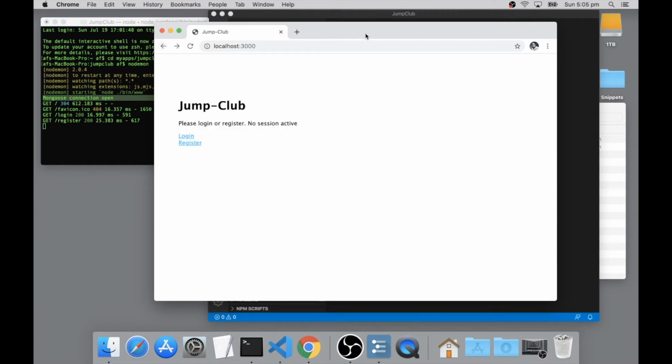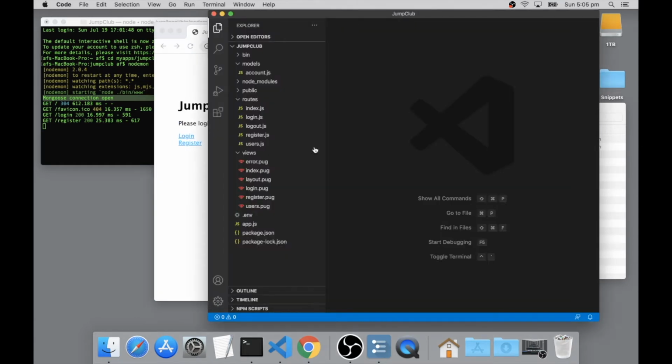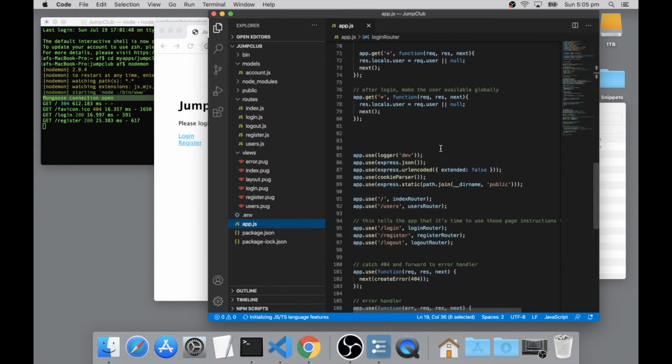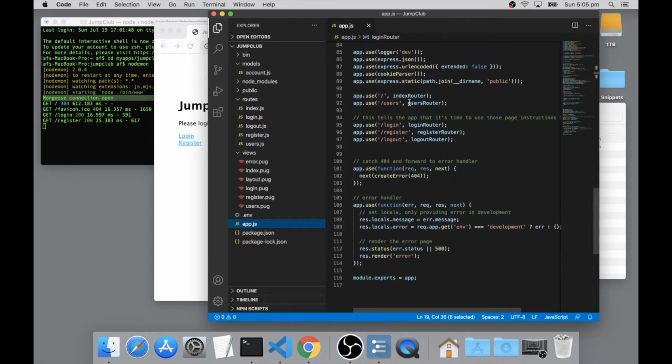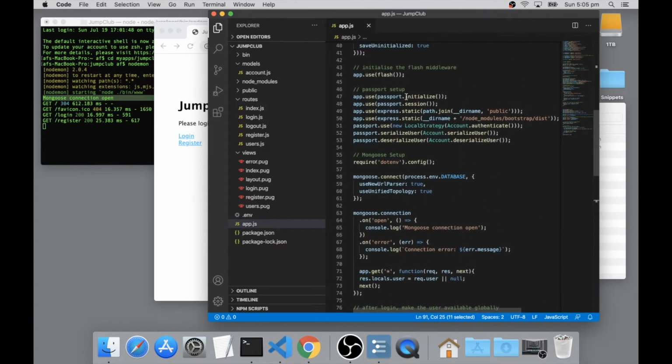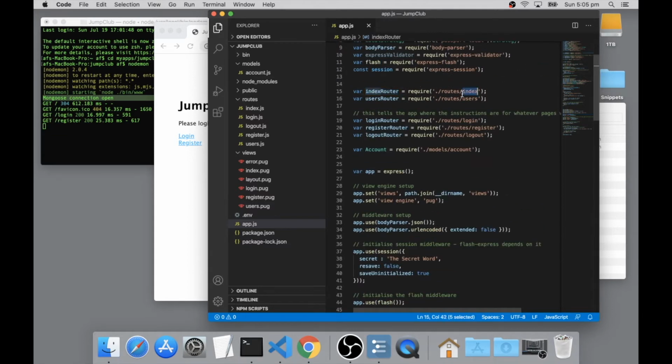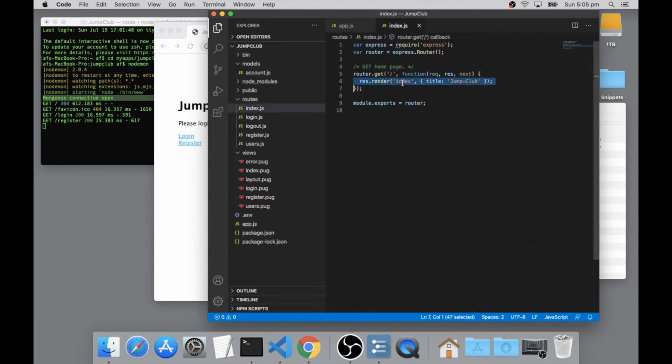Quick recap on what's happening here. I hit the index page. I'm going to open up app.js. I hit the index page, and down here, we've told it to, when you hit the index page, use the index router. So the index router location is nominated way back up here. The index router, there it is. Use the index router. What's happening in the index router? Well, it's in the routes folder. You see that. Open it up, and it says just send the user to the index file with the title of the page Jump Club nominated. Okay, just do that. Just send them straight there. Okay, so when we got there,